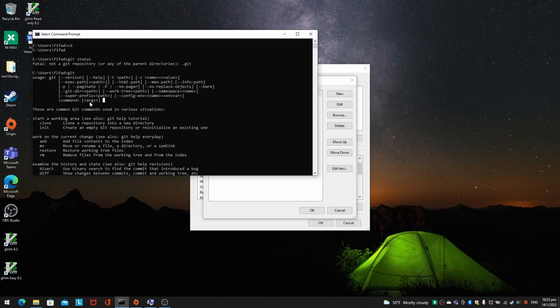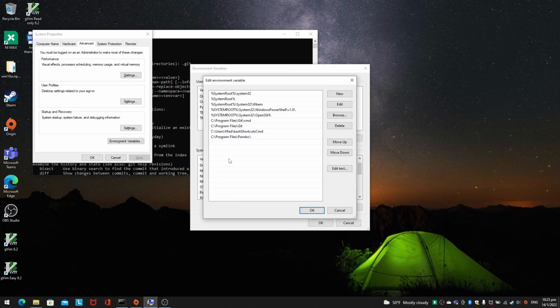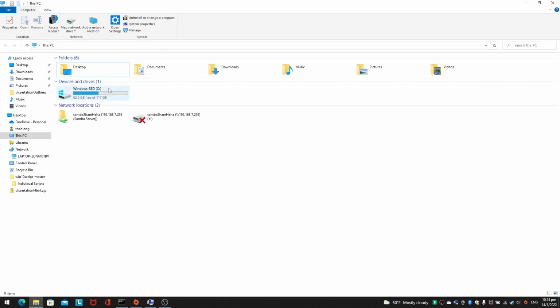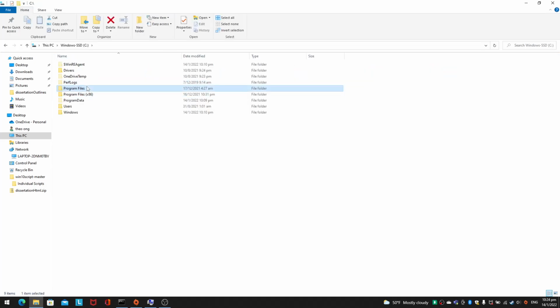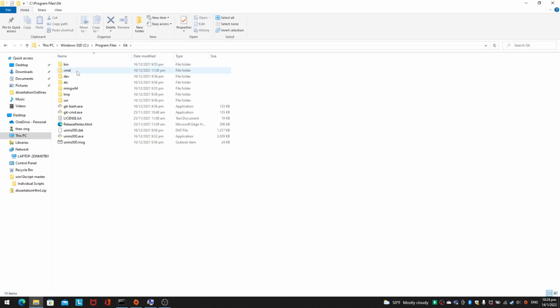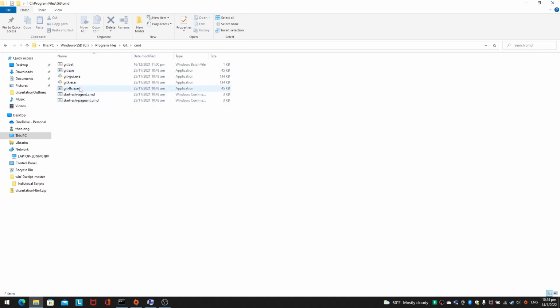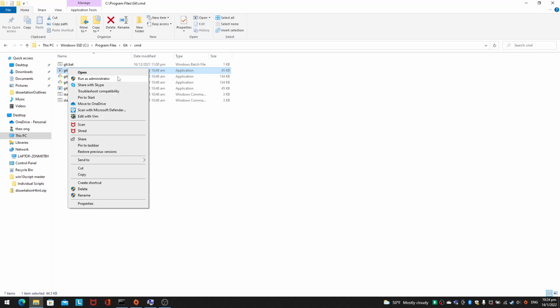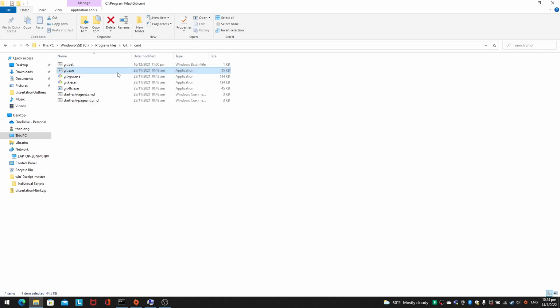If you look at the batch files in the bash shortcuts or in Program Files, Git, cmd, so if you go to C, Program Files, Git, then cmd, you see this git.exe. If you open it with Notepad, as I showed you in previous videos, you will be able to